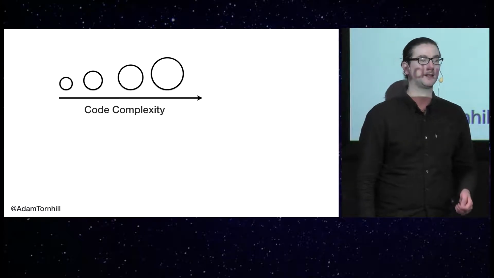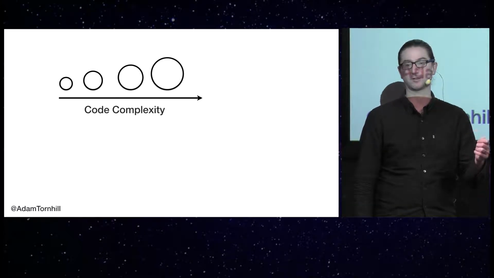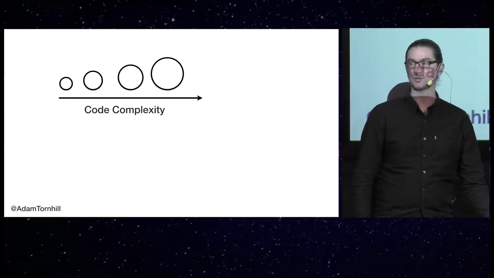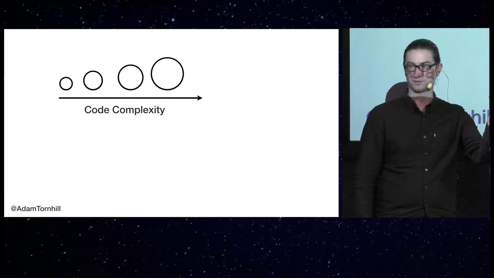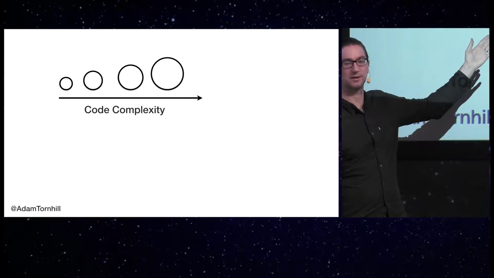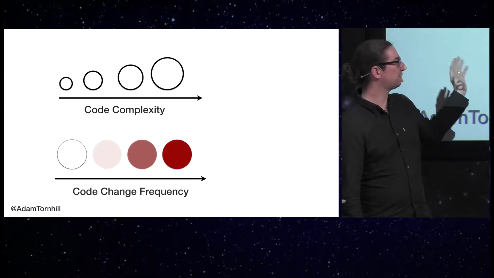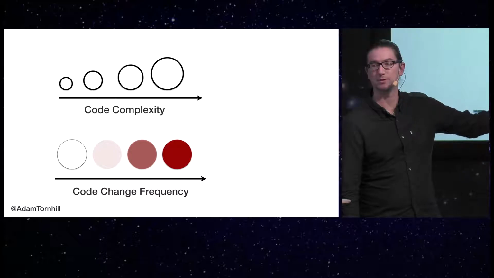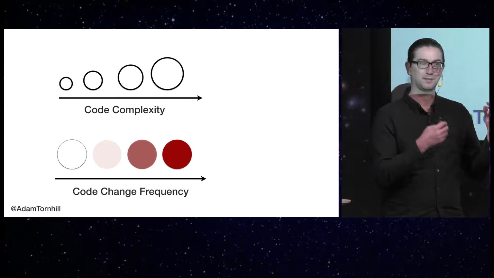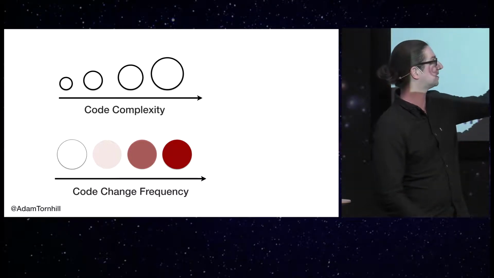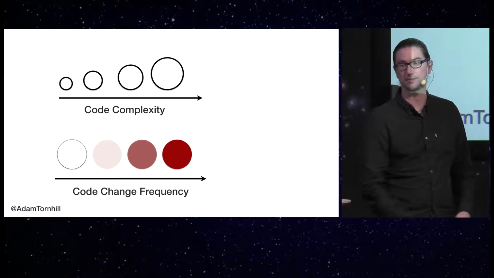We simply don't have a good way of measuring complexity in a meaningful way. So what I recommend is to use the simplest possible proxy that works, and that's the number of lines of code. There's actually a very strong correlation between number of lines of code and those other metrics. And besides, this is not even the important dimension, because the important dimension is this. How often do we actually have to work with the code? The more often, the higher the interest rate on any potential technical debt that we might have in that code.